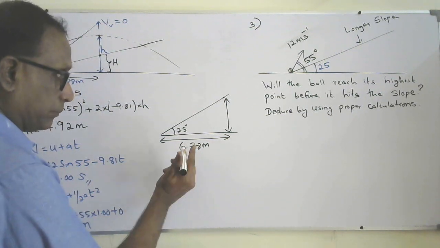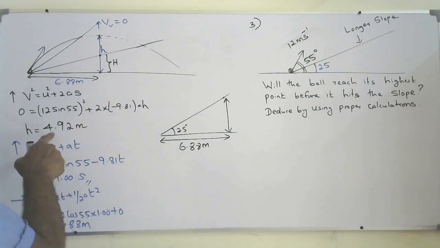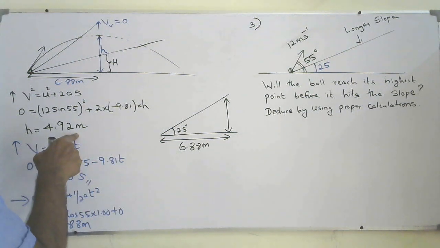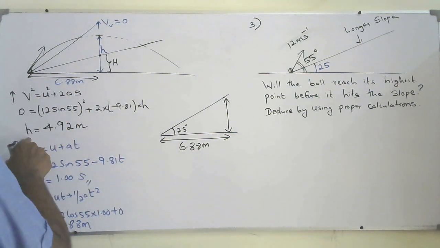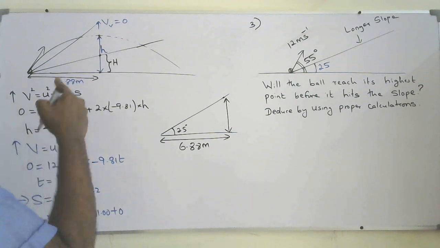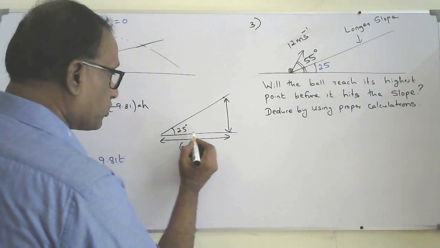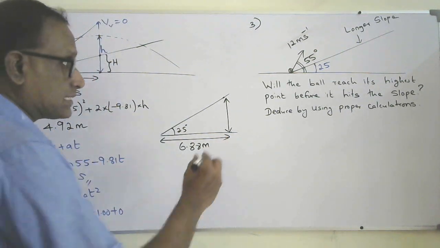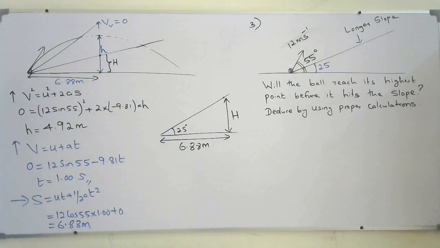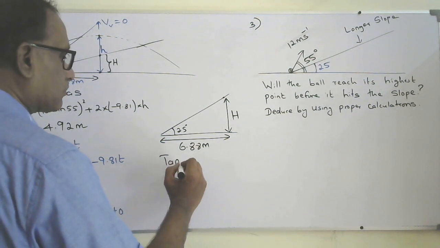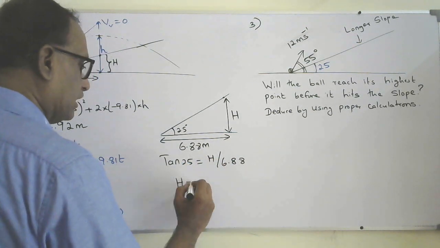I know when the ball completes a horizontal displacement of 6.88 meters, the ball's vertical displacement is 4.92 meters. I'm going to find the height of the slope when the horizontal length is 6.88 meters. So this height I can find by using tan theta: tan 25 equals h over 6.88. So h will be equal to